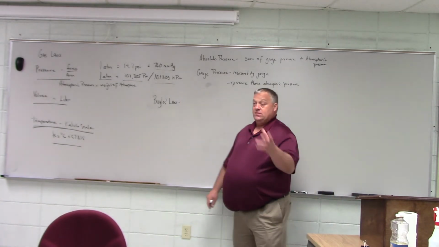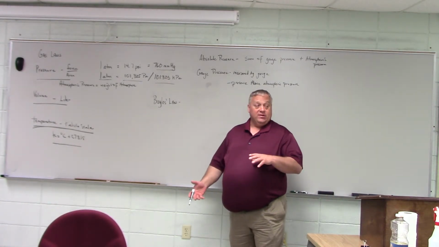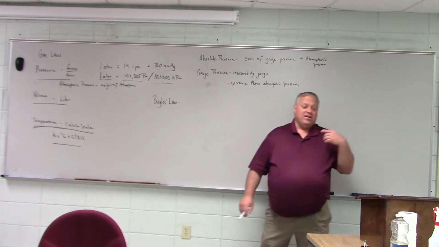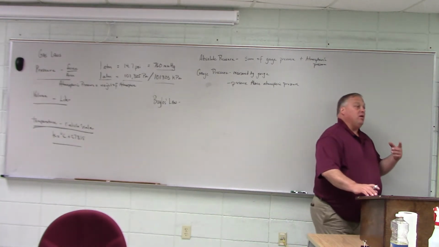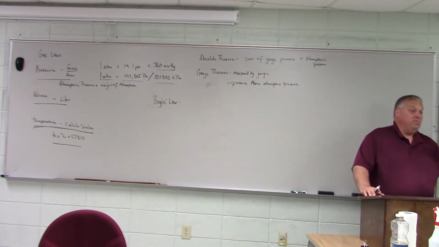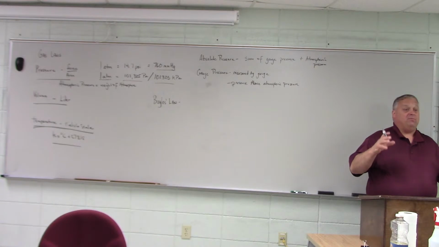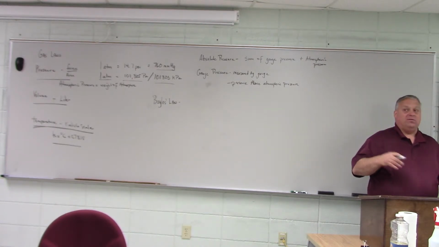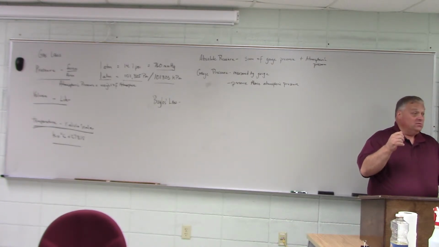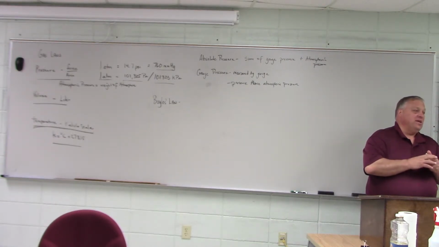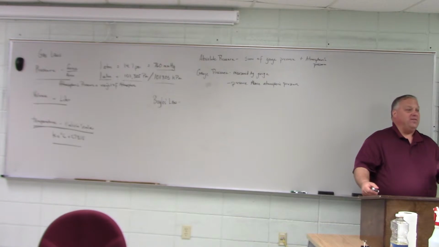So if I increase the pressure on an object, the volume decreases. Now that's hard to comprehend sometimes when you think about a balloon. To blow the balloon up, you increase the pressure, right? But that's the internal pressure of the balloon. When I'm referring to the pressure, I'm referring to the external pressure of the balloon. So if I've already got my balloon full, and I increase the pressure on it, the size of the balloon is going to decrease. In other words, if I tie it to a brick and drop it in the water,